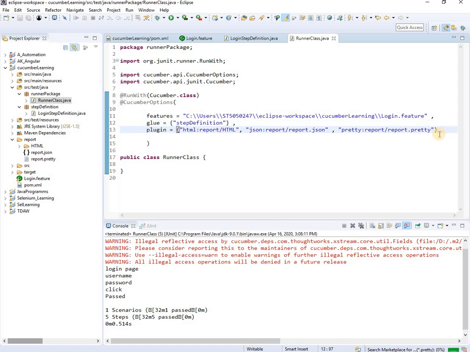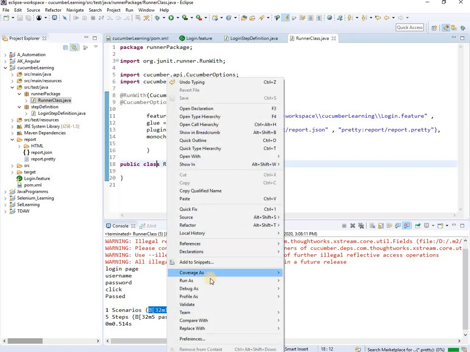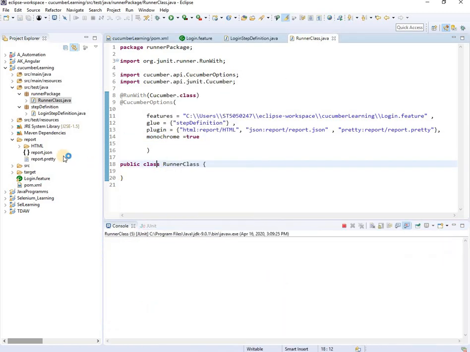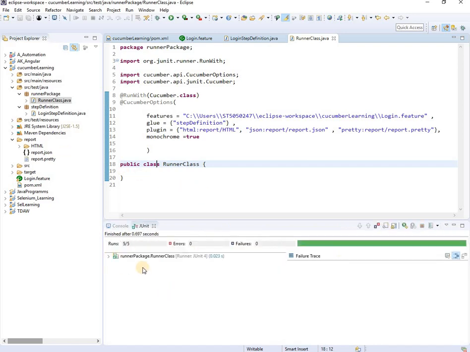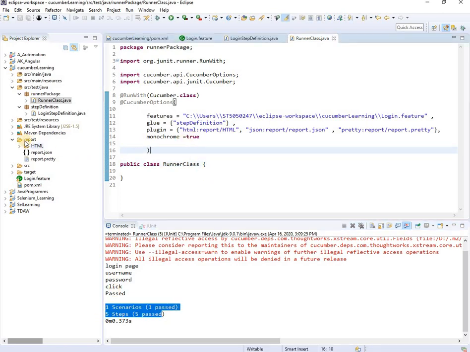We have another thing, which is monochrome. So if monochrome is set as true, then whatever you are seeing over here, this is not a good format, right? It will make your console output and your other report, the pretty one, look in a better format. See, now it is looking better, right? Prior it was not so good.